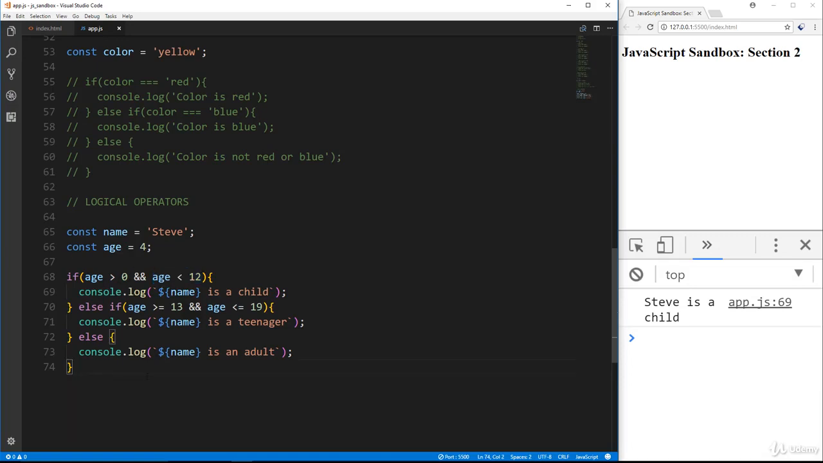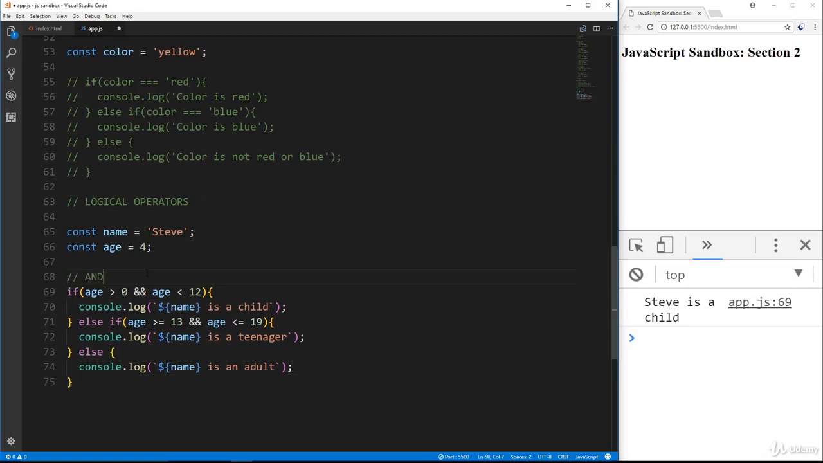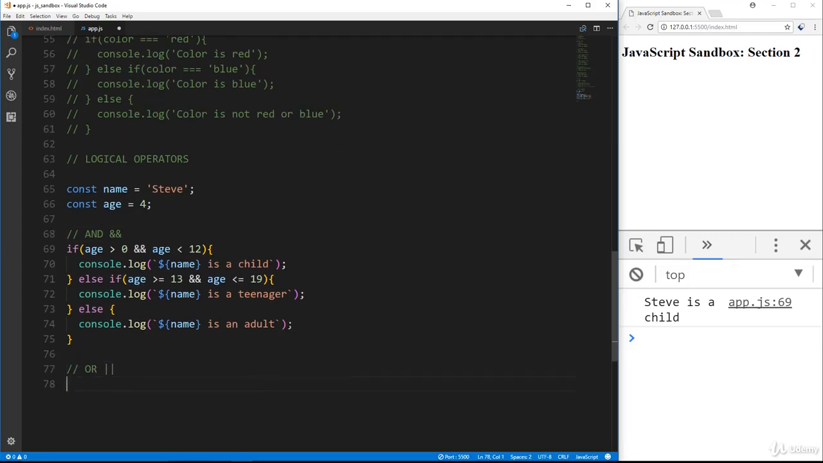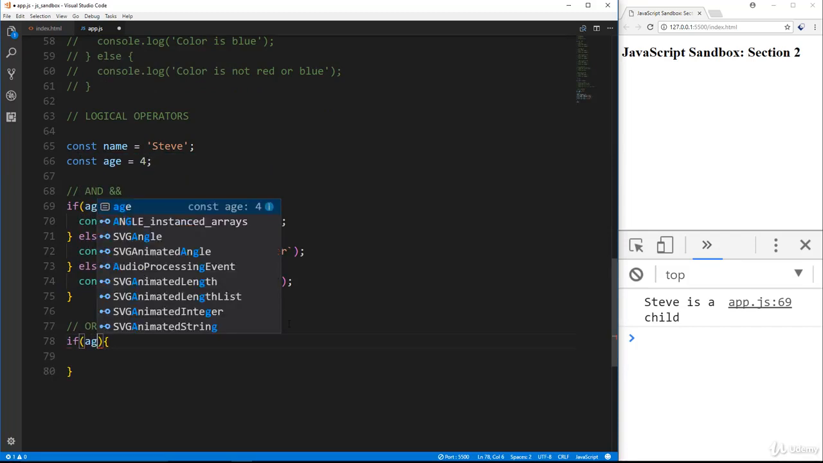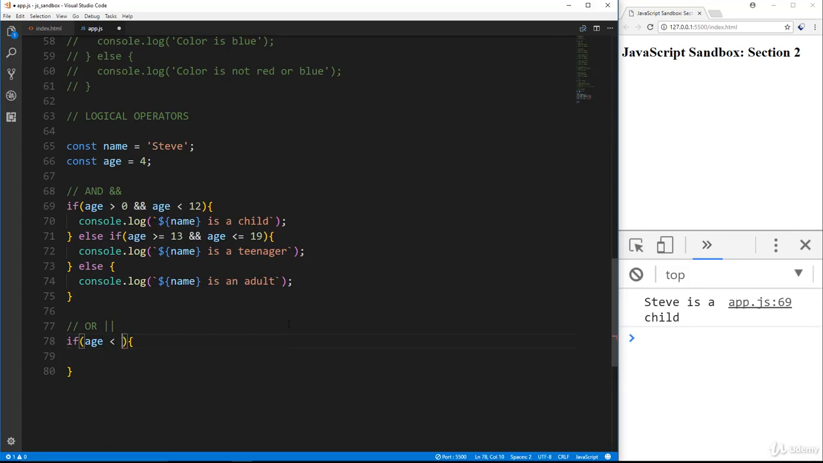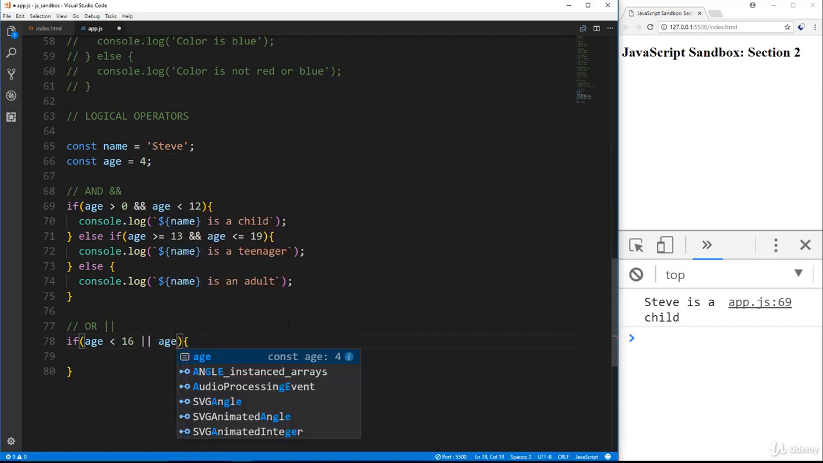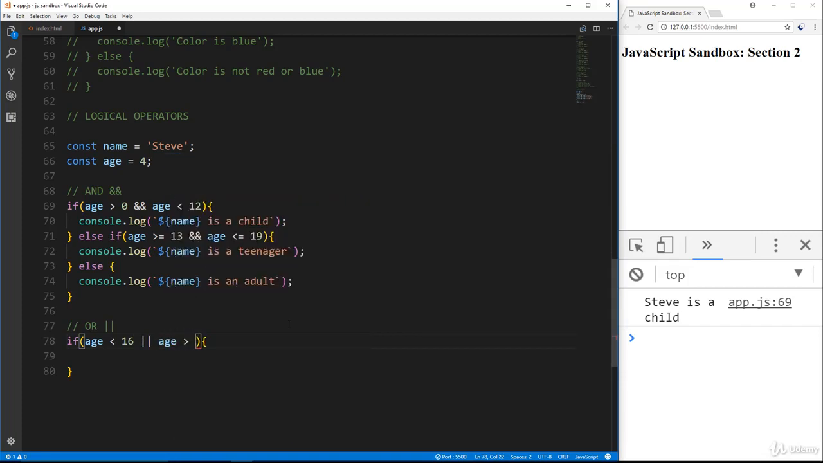Now, if we want to make sure just one is true, then we could use or. All right, so let me actually put a comment here. So this is and, which is represented with 2 ampersands. Okay, we also have or, which is represented with 2 pipe characters. All right, so what I'm going to do here is say if age is less than 16 or age is greater than, let's say, 65,